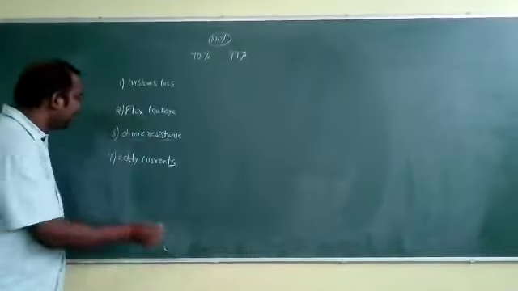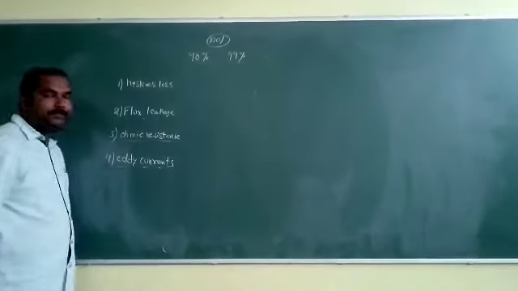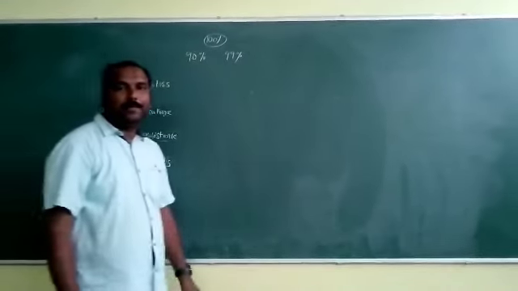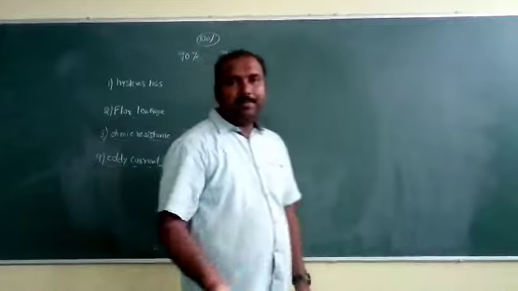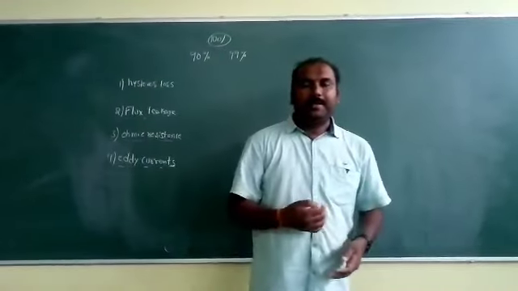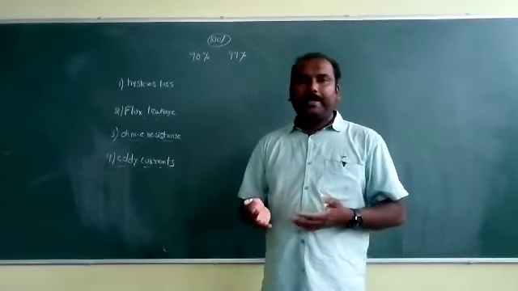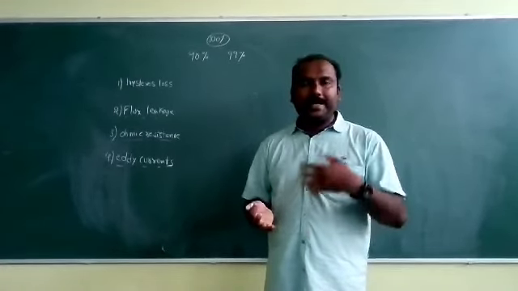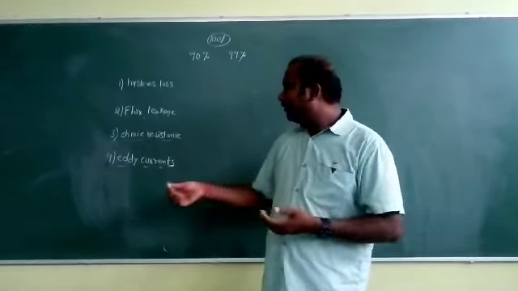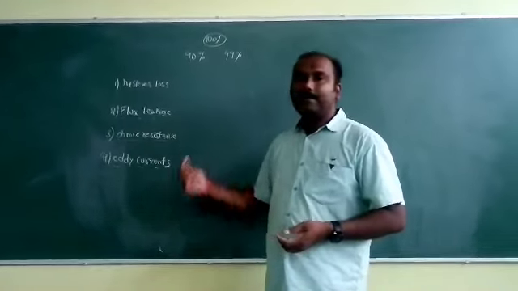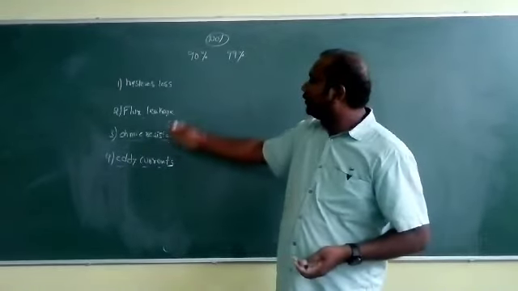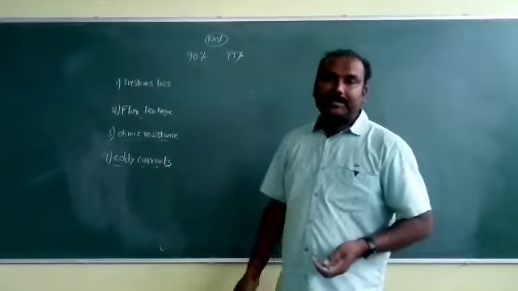And the last one is eddy current loss. How are these eddy currents formed? Because of induced EMF, eddy currents are formed, and these eddy currents are minimized by using a laminated core. If you are using a laminated core, automatically the area is minimized. The area is minimized means the eddy currents are also minimized. So these are the main energy losses for the transformer.